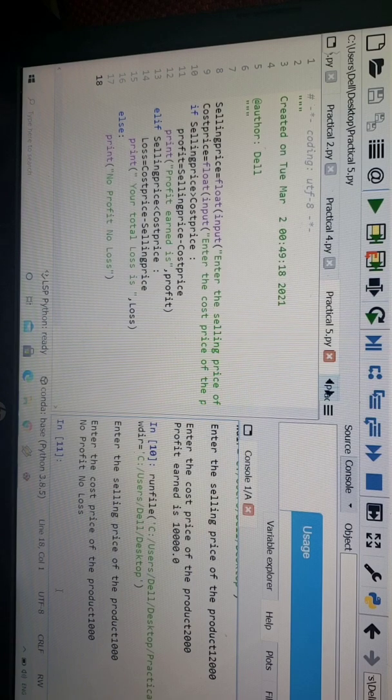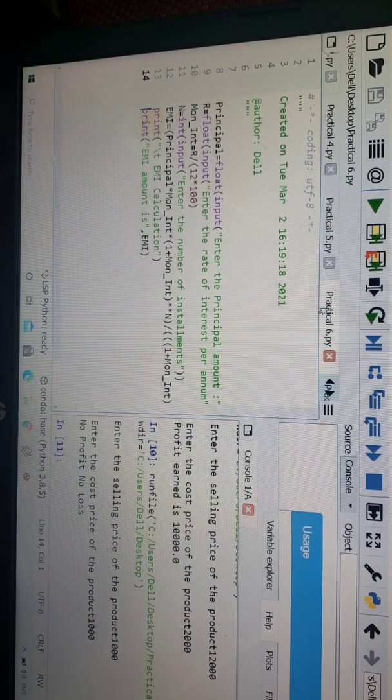Okay. Next program, to calculate the EMI. You all know what EMI is. That is easy monthly installment. So how can we calculate the EMI? In this you can see, first we need the principal amount. Principal amount is basically the actual cost of that particular product, that you need to enter. So with the help of input you can have it. We have taken float because the price of any product or even EMI could also be in decimal. Then we want to enter the rate of interest, on what rate of interest you are purchasing a particular product. Then monthly installment, how much you have to pay.